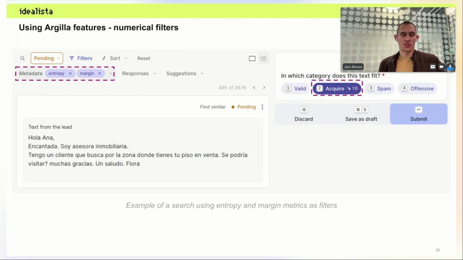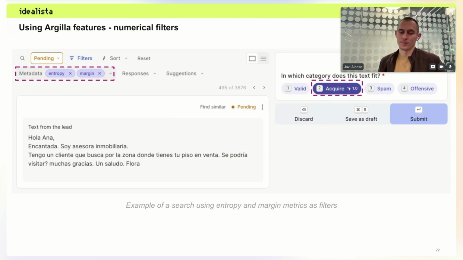And yeah, this is a screenshot of Argilla using the numerical metrics or filters that I just showed you, like the entropy or the margin. And here, this 1.0 is the probability from the model for this message to be from the acquired class. So this was also really helpful to verify or validate the model and also to increase the size of the dataset. By increasing the dataset size, we can iteratively train models, maybe one per month, or two, and we are always not losing information with new messages